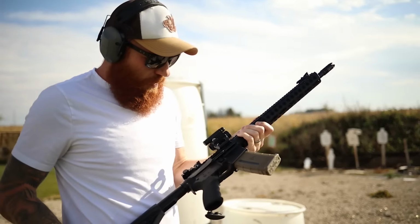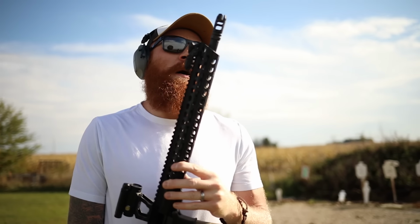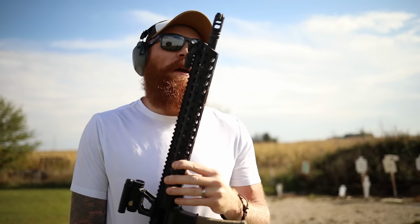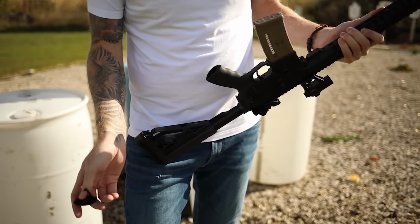Well, there we go. 100 rounds. Pretty easy. Well, no malfunctions whatsoever, even with the frangible. That's pretty impressive. Accurate, low recoil. The only complaint I have is this thing right here, which...